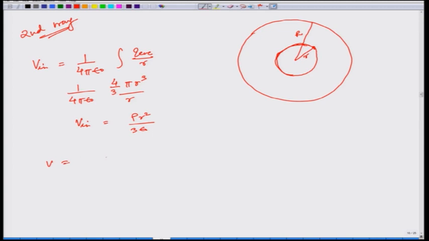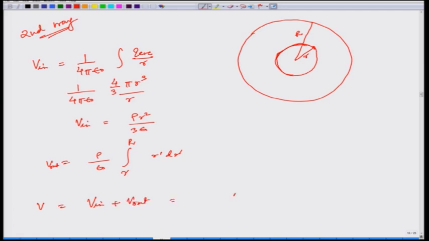What I have to do is V will be my, I am leaving the calculation up to you, same formula, same thing, only V is rho by epsilon naught R by R. The outermost spherical cell will go from R to R, and this will be R prime dr prime. Just integrate it, everything is quite simple, and total V will be V in plus V out.